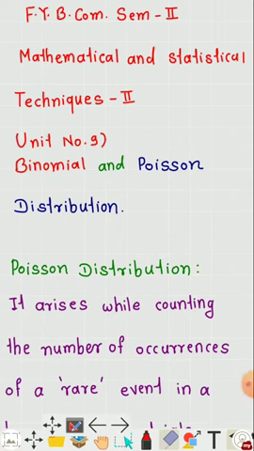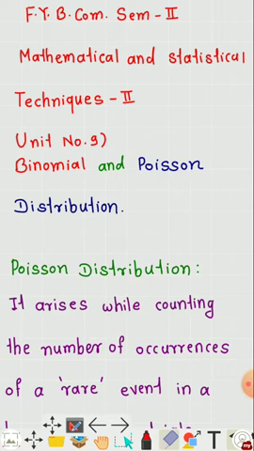This is FY BCom semester second class, mathematical and statistical techniques, unit number 9, binomial and Poisson distribution. So in the previous lecture we studied what is meant by binomial distribution, and also we